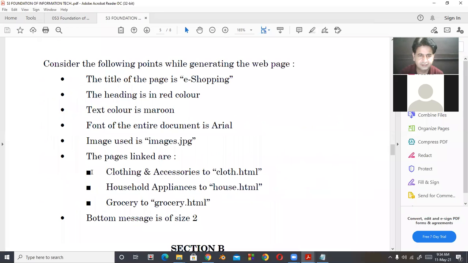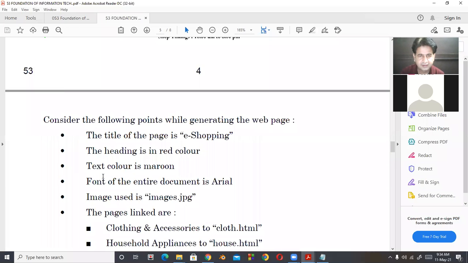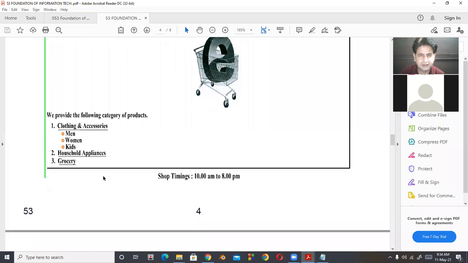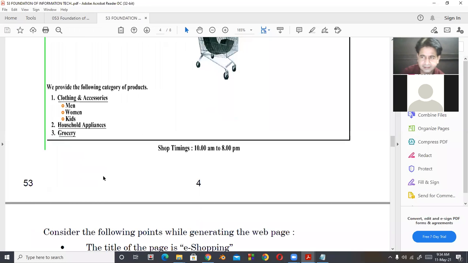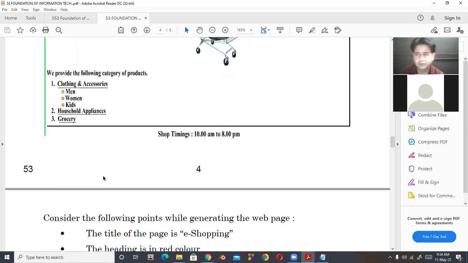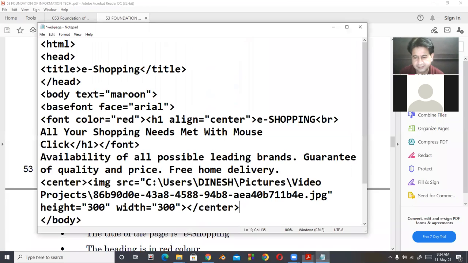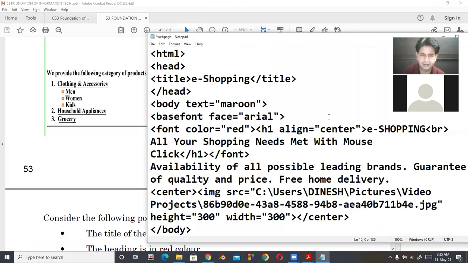Now next is, after that there is a contents and then list. So I'm not taking the hyperlinks here. So the image is automatically in a separate line, so line will be changed.